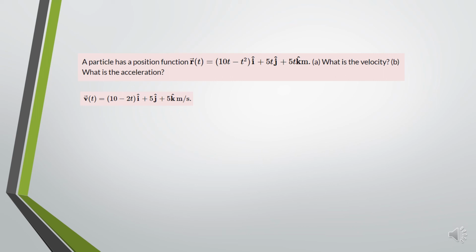By taking the derivative of the function, we find the acceleration as a function of time is equal to negative 2 i meters per second squared. The acceleration vector is constant in the negative x direction. So the answer is